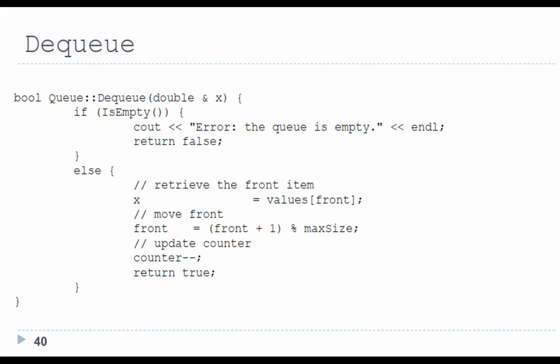Dequeue. bool Queue::dequeue(double &x) { if (isEmpty()) { cout << "Error: the queue is empty." << endl; return false; } else { // retrieve the front item: x = values[front]; // move front: front = (front + 1) % maxSize; // update counter: counter--; return true; } }